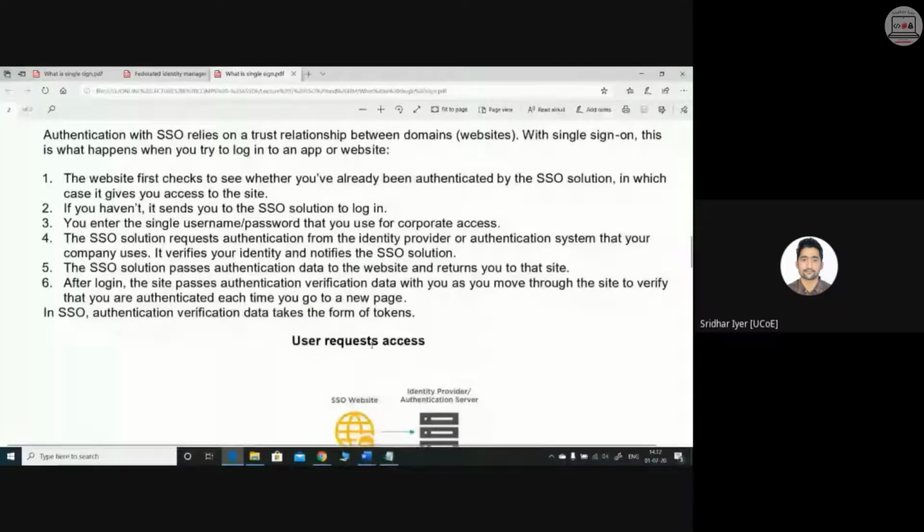What exactly is an authenticator? The authenticator, or the identity provider. The identity provider will check whether you have already been authenticated by the SSO, because whenever you visit any website, it first checks whether you are already authentic. Just now I gave an example of YouTube. Just imagine you are accessing YouTube for the very first time. You don't have your credentials saved onto your machine. What will happen? It will first of all check whether you are already authenticated or not.